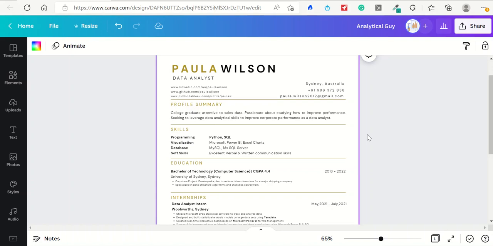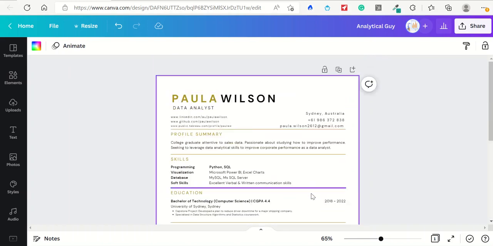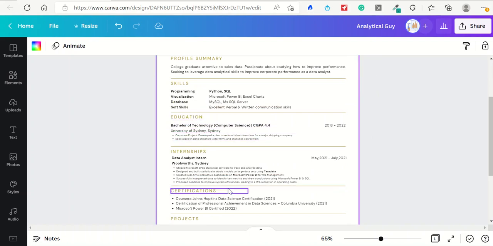I can give you guidance on how to use your own skill set, because all resumes will be different. For you, the resume can be different with your different education, different skill set, and different kinds of internships. It is very important for you to curate the resume as per your experience, right? So you don't have to copy and paste from any other and just go with that particular template. For example, this is Paula Wilson, and this is one of the templates. You can use the template for reference, but all the content inside will be totally different, right? So that makes sense. If you make it more customized according to your experiences, the recruiter will be very